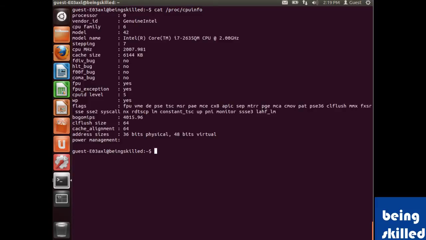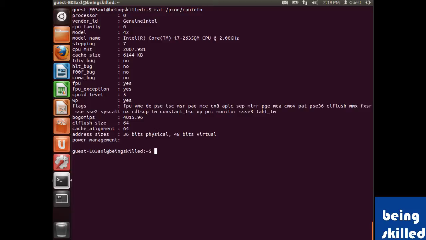So when we press enter, it will show us details. It will show us processor details, then the vendor. In case it's made by Intel, it will show us GenuineIntel, or else it can show us AMD or any other processor manufacturer. Then the model name, then the model.